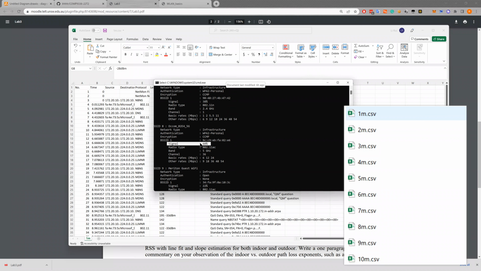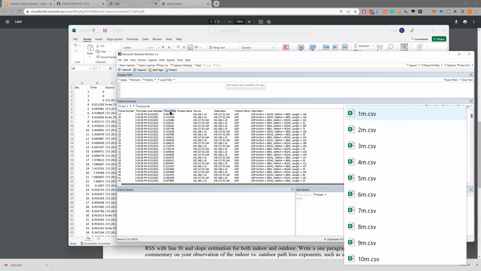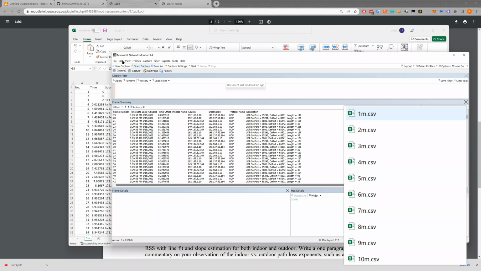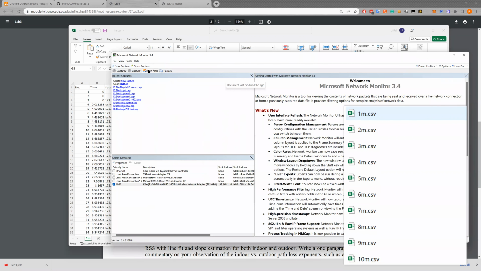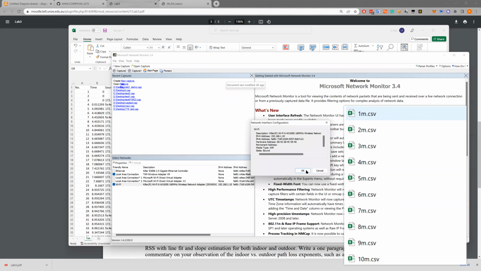So if this part is working, which means your network interface is also working, but there must be some problem with your network monitor. So you need to figure out what the problem with this monitor is. The first thing is you need to make sure you are running this with admin privilege. The second thing is you need to go to the start page and make sure you only select the Wi-Fi,